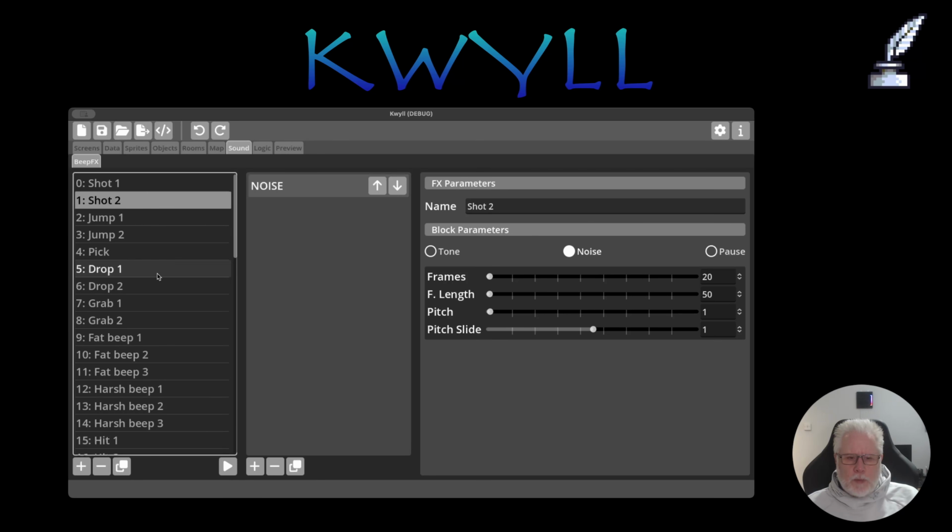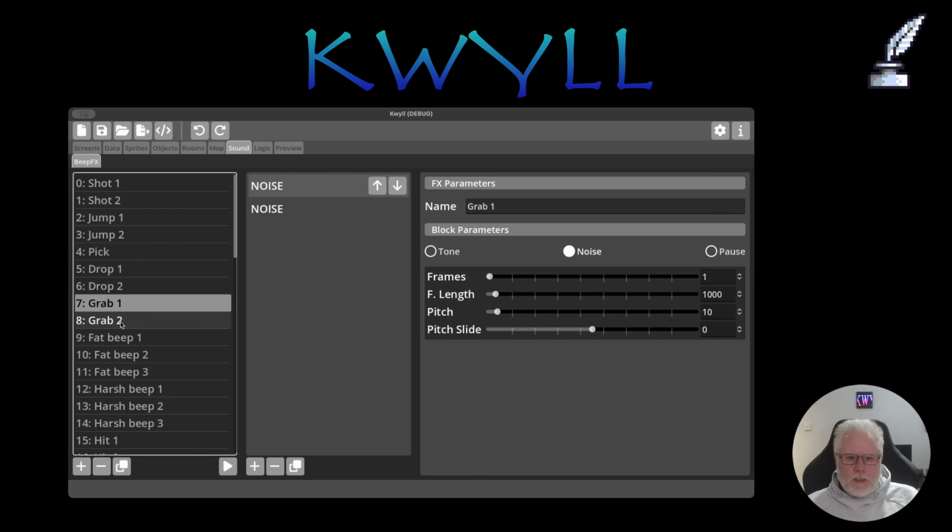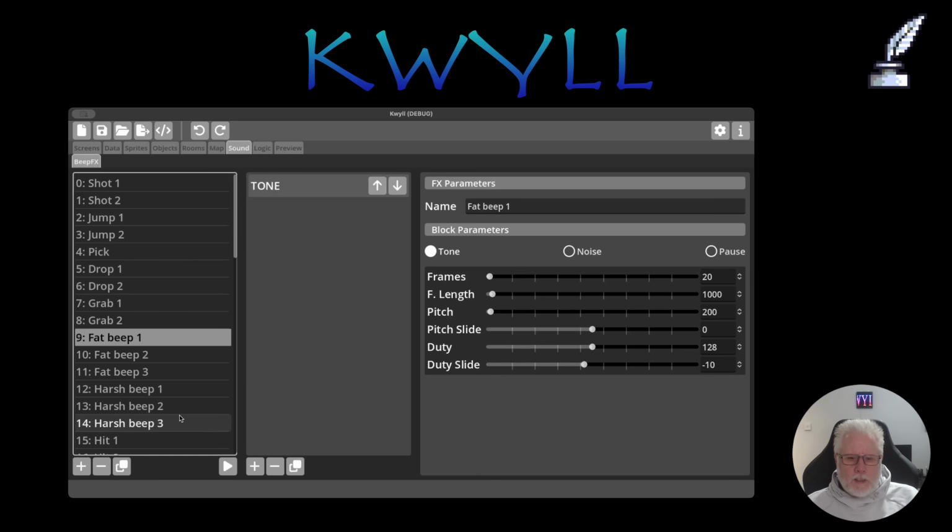We're going to have a look at some of the more interesting ones. So there's jumps, grab sounds, there's a fat beep. So this one's interesting because you've got 20 frames at 1,000 ticks per frame, so it's quite a long one. The pitch is quite low, and then it slides the duty. So it starts off a duty somewhere in the middle, so 50-50, and then it reduces the duty, so you get less of the high, the positive signal on the square wave, and more of the negative, the zero. And what you get from that